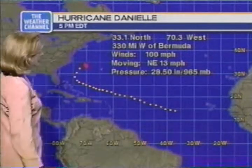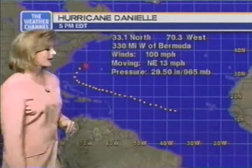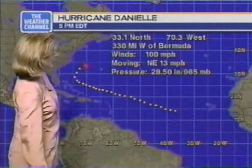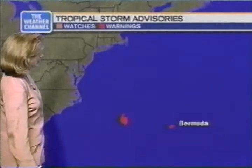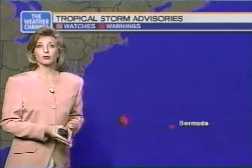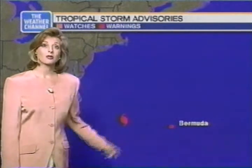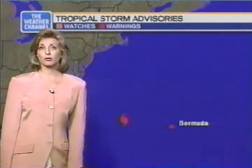Hurricane Danielle took the path right toward the U.S., made the turn as expected, looping back out, not affecting the U.S. mainland. However, it's 330 miles west of Bermuda, and it will pass close enough during the overnight hours tonight to give tropical storm force winds to Bermuda. So tropical storm warnings are in effect with this hurricane. The tropical storm force winds extend out